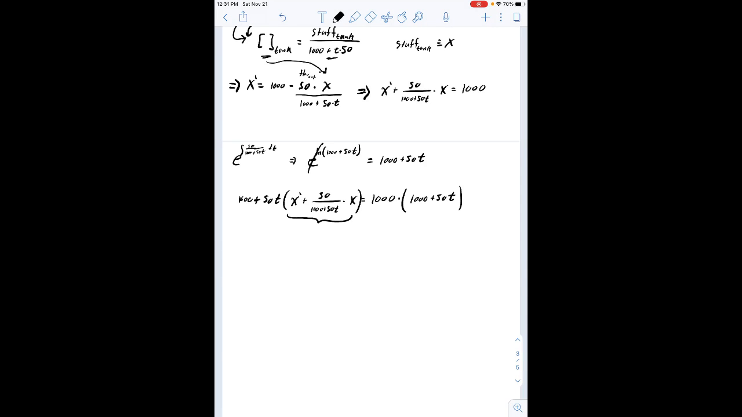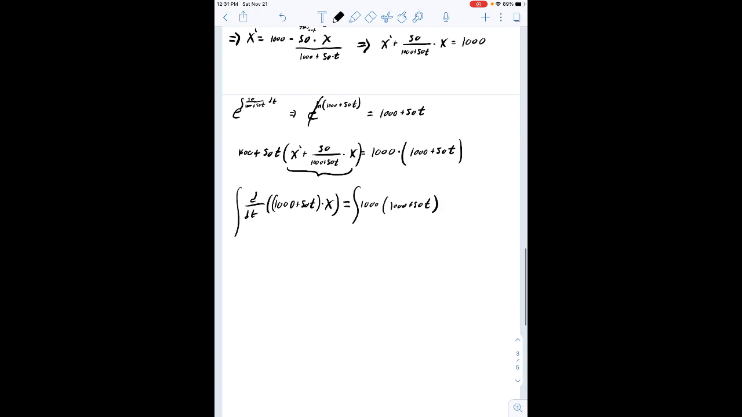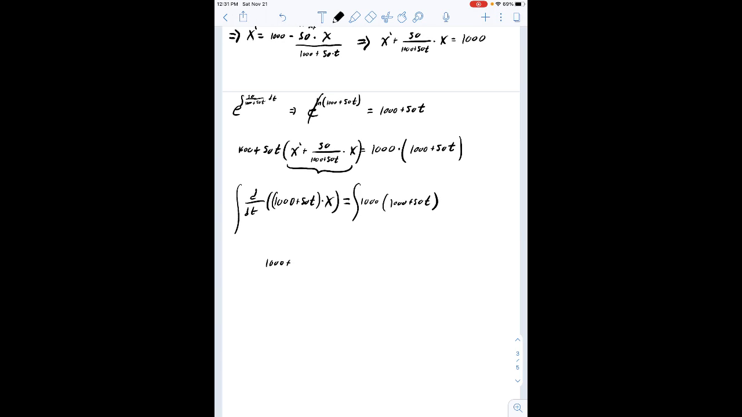So now, since this is in our specific integrating factor form, we know that it just goes to d over dt times our integrating factor, which is 1000 plus 50t, times our x. It's awesome every time how it works out like that. So that equals 1000 times the quantity 1000 plus 50t. Okay? Get rid of the d dt. We can just slap an integral on each side. So we get 1000 plus 50t times x is going to be equal to